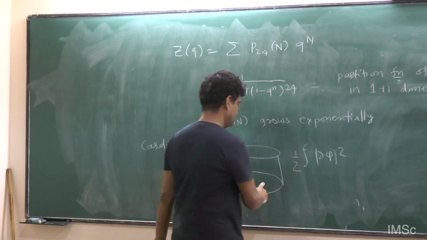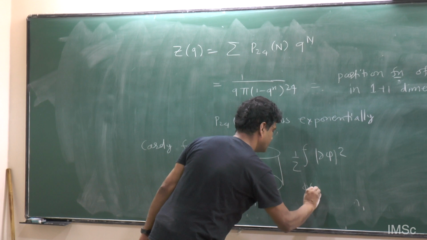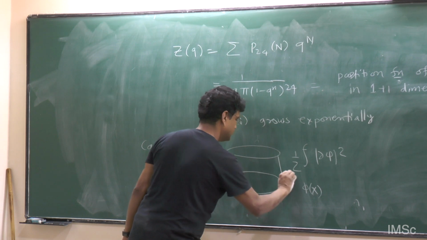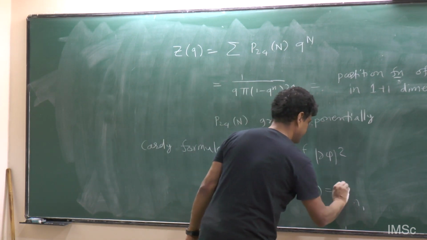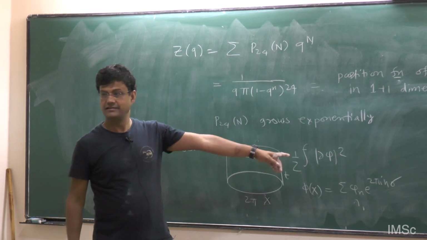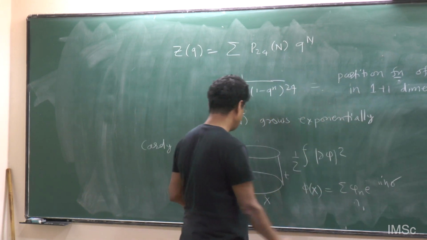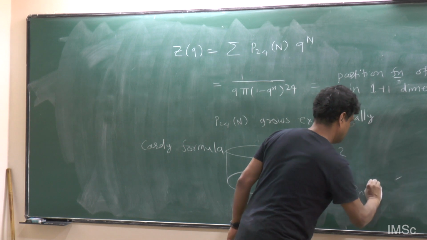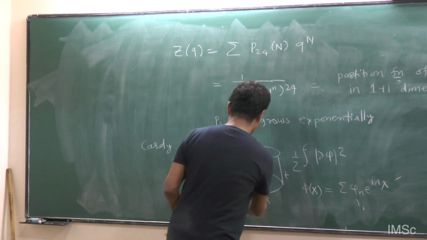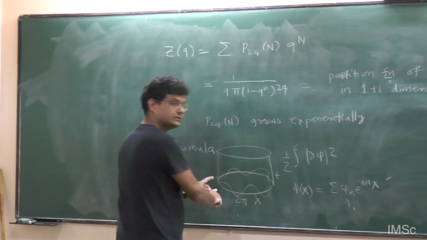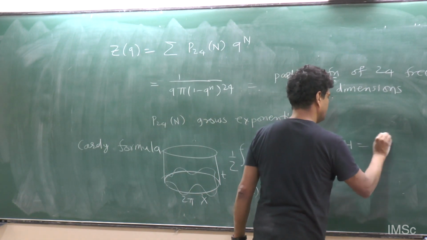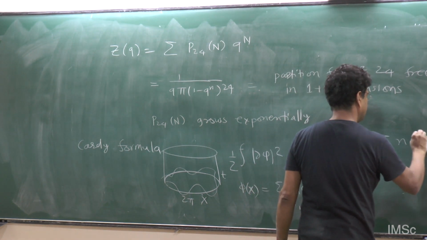But the Hamiltonian, so what will you do? You will expand the boson. Let me call this x and t, or sigma and tau. So phi of x I can just expand in phi n e to the i n sigma, if sigma is going from 0 to 2 pi. So these are just the oscillations of the string, the number of times the string oscillates as it comes back. And therefore the Hamiltonian is just the sum of n times a n dagger a n.